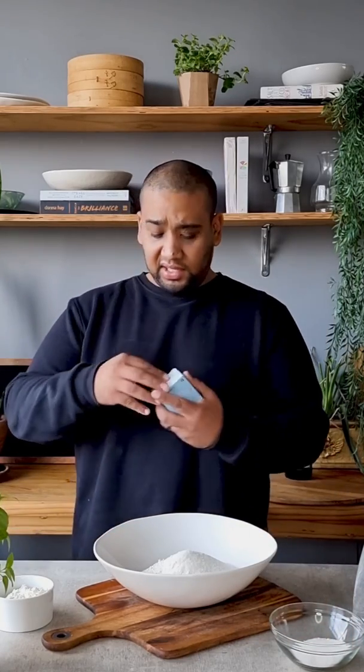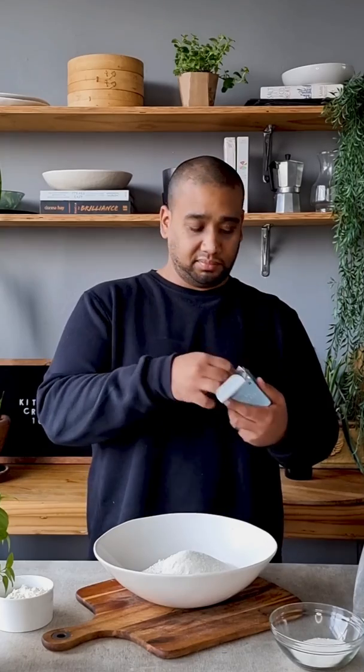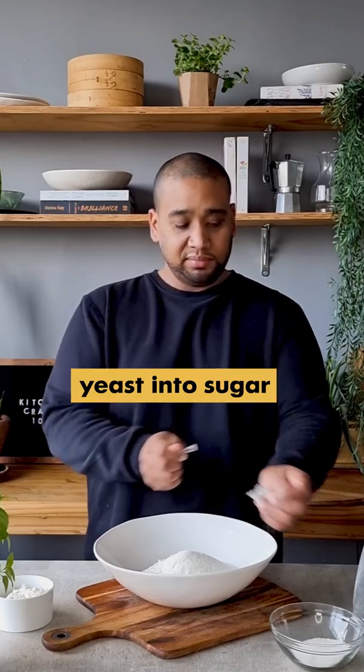So there's our sugar, and the yeast feeds off the sugar, and you'll notice the bubbles starting to float to the top. That just kind of kickstarts the fermentation process and gets your bread rising even quicker than just popping it into the bowl. So get that in there,